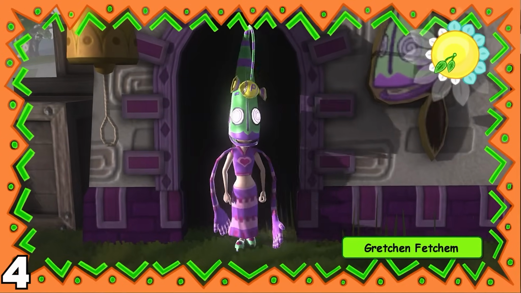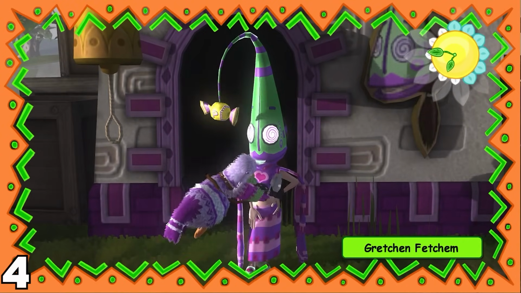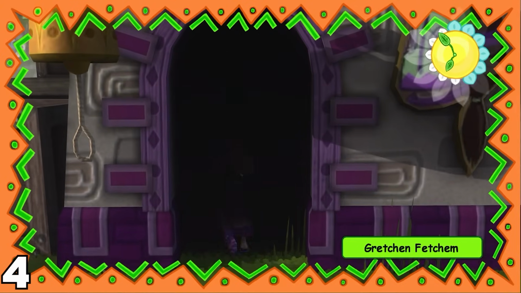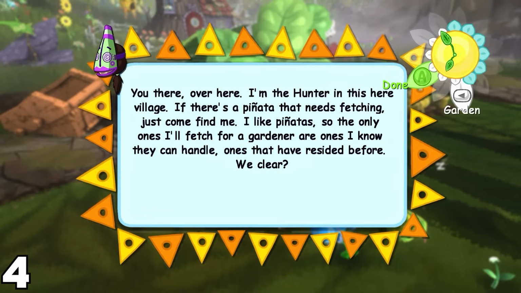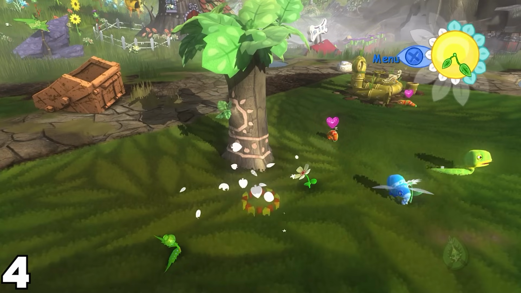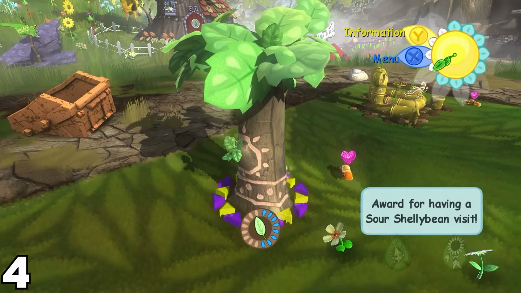Starting day 4 off, Gretchen Fetch'em showed up, who's basically the person I can go to get piñatas. If I get them as residents, she can then go hunt them down herself and catch them for me if I ever need any specific ones and don't have the time to re-get them inside the garden. And then for a good chunk of the rest of the day, I just stared at the tree until I heard the noise of